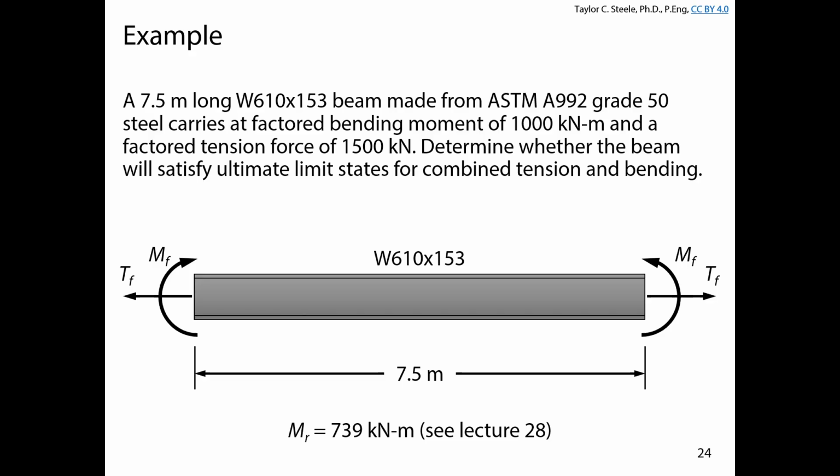So now we've got MFX over MRX. I'll just write this in kilonewton meters to simplify. So we've got 1,000 kilonewton meters. MRX was 739 kilonewton meters. So right away, we think, okay, there might be some problems here. Before, when we were checking strength, MR was 1587 times 0.9. That was less than 1 already. We're already starting greater than 1, but we're going to subtract away the last component, and we're going to see